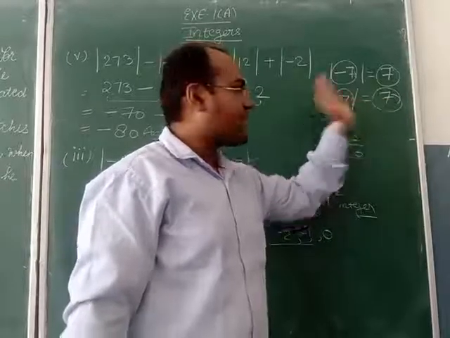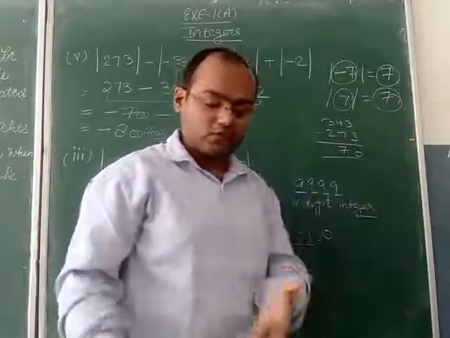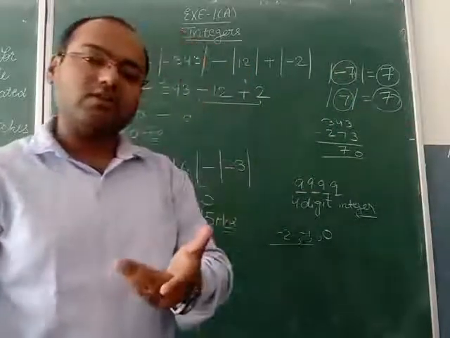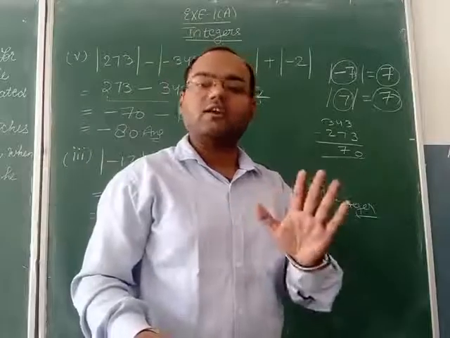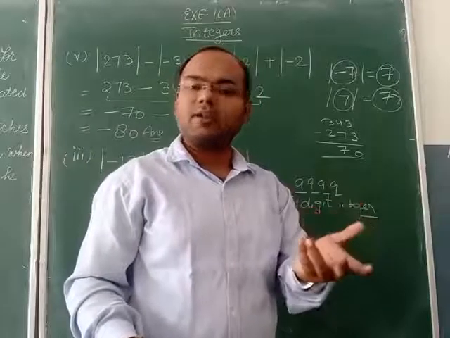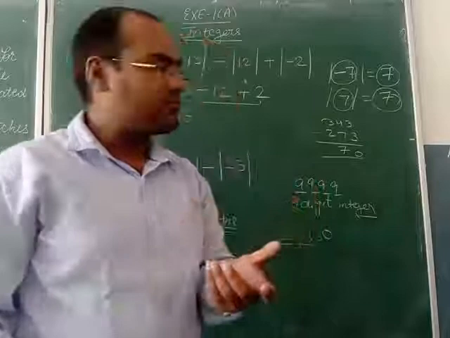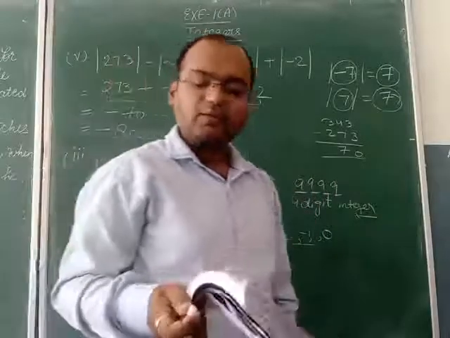7 we have taken and the answer is also coming 7. So in the question it is given that the answer will always be greater. That means it is false. The answer will not always be greater. Sometimes it may come greater, sometimes it may come equal also. Okay, that means this is false.